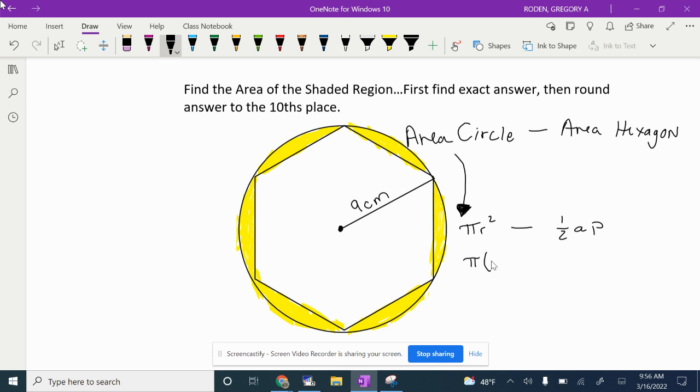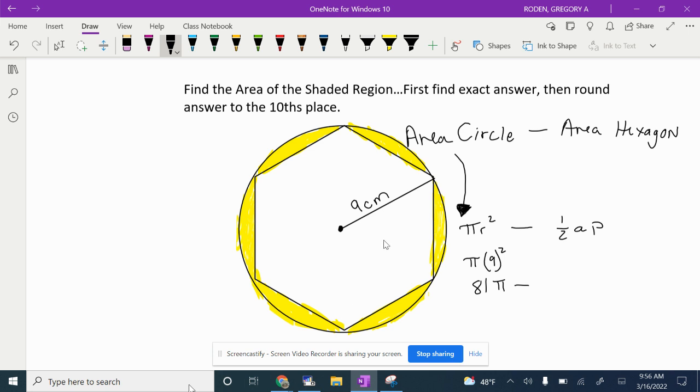Well, our r is 9, right, guys? So 9 squared. Looking at this one, the area of the circle is going to be 81 pi. You guys see that? So that's going to be the area of our circle. Now, this is going to be part of our exact answer. Now, the next thing we need to do is get an answer for the area of